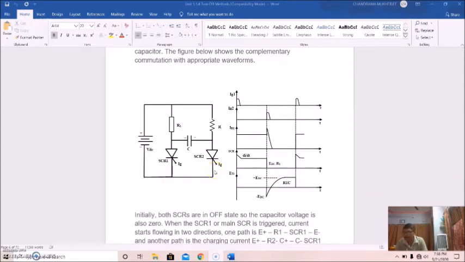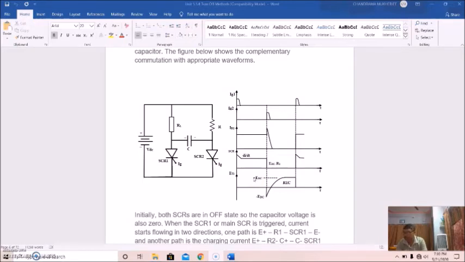Okay, it is on, and so thyristor 2 is turned off automatically, immediately, as reverse bias voltage is applied across thyristor 2, and the capacitor starts to charge in the reverse direction. At the end of this mode of operation, the condition will be thyristor 1 in on state, thyristor 2 in off state, and the capacitor voltage equal to the supply voltage.